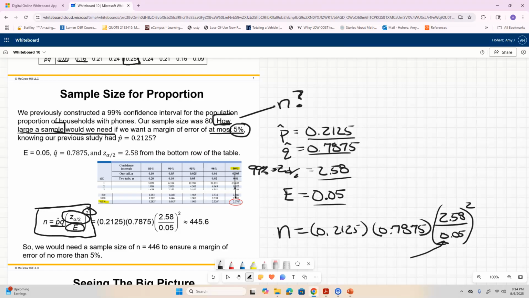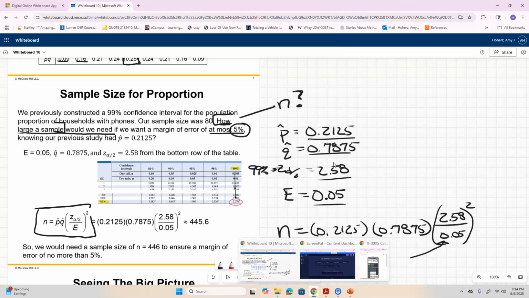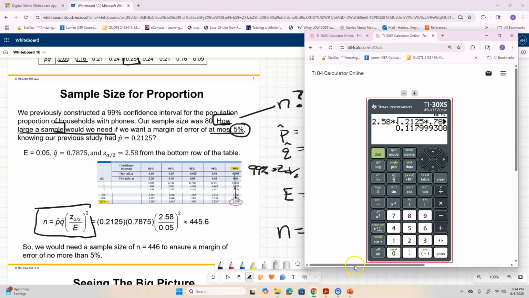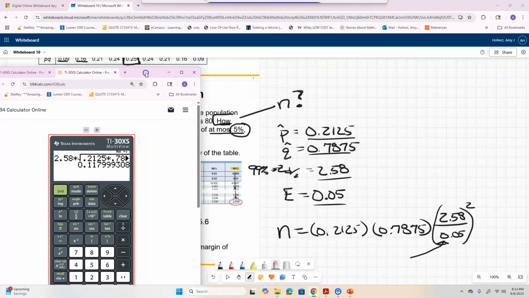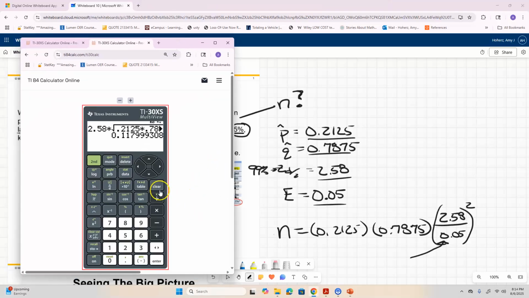So if we calculate this out, it should come out to be about 445.6. Double check it. Don't want any errors that we don't catch. Okay, so